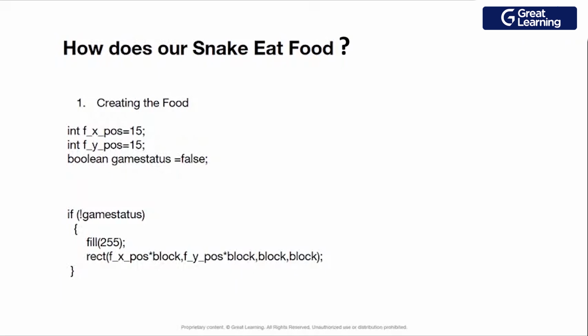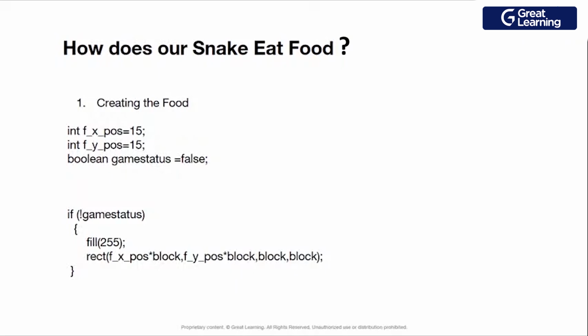Now how can he eat food? Basically we are using the X position and Y position. For example, this food that we will create will be somewhere in the panel. So these positions will represent the first position, the 15th and the 15th. Every time we hit the run button, the food will be present. We have the food ready for the snake.